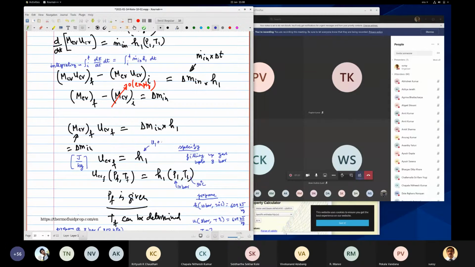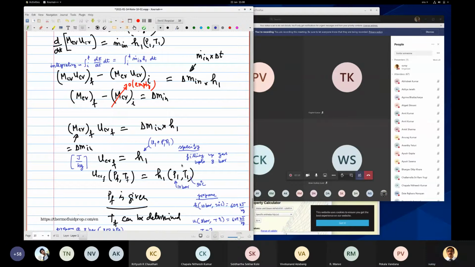is U1 plus P1 V1, right? So this is internal energy plus work, but here it's only internal energy. So it is this extra work that is being converted to heat here. So here the internal energy is high, so that means the temperature inside will also go up, right? Why is it going up? Because of this extra PV work that we are doing. That is why it is converted to an increase in internal energy inside.